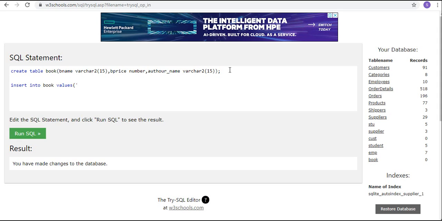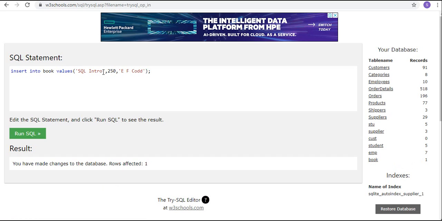So the book name I am going with is SQL Intro, then book price 250, and the author is E F Codd. Close the bracket, semicolon. So these are the three values which I want to enter. Click on Run SQL. Row affected, one row is inserted.